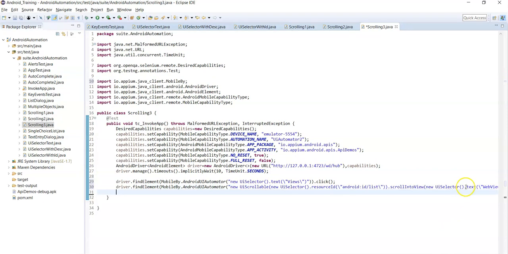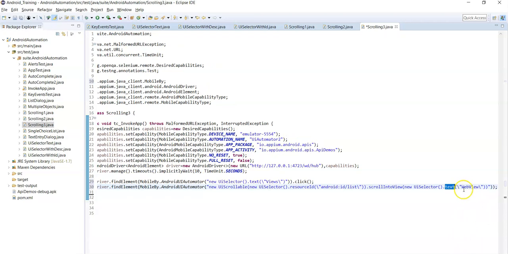You can use text starts with, text contains, text matches, or description starts with, description contains, description matches methods, and also you can use resource ID and resource ID matches methods as well. So you can use any of those 10 methods to identify the element where you want to scroll.